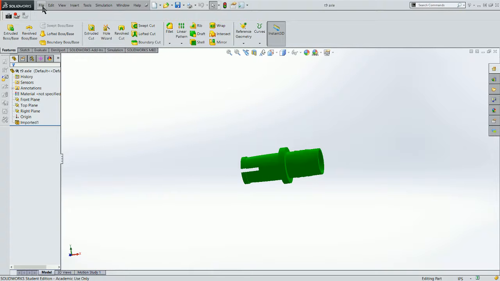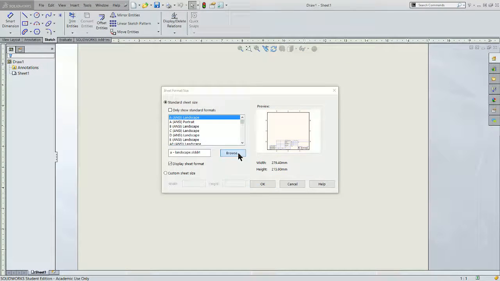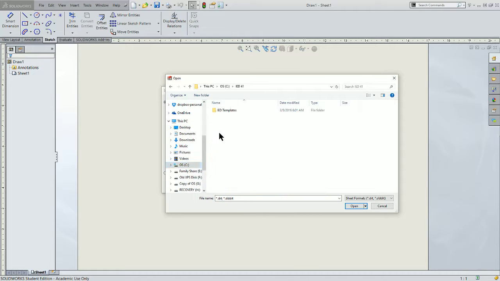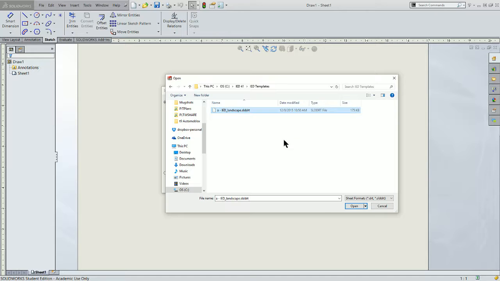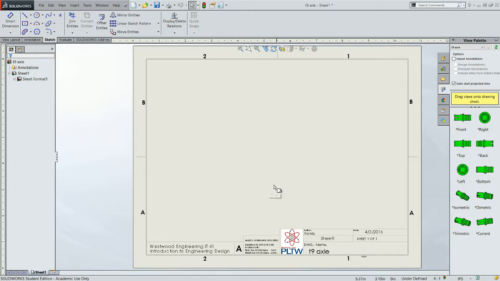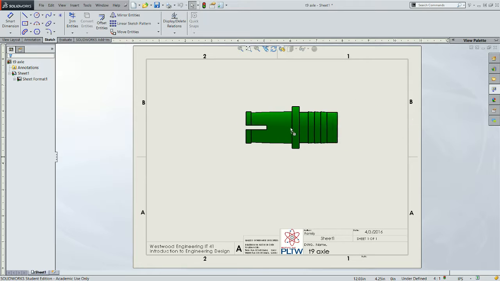And what I want to do is go here and go File and make a drawing from a part. There is a drawing file that I've made already, so I don't really want to show you that just yet. We'll do that towards the end. So I'm going to select No here. I don't want to open that file. So I'm going to create a new drawing file. I'll again navigate to C, IED41 on your lab computer, and use the class template. Once I open up that class template, I'm just going to choose the front view, and I'm going to drag that in